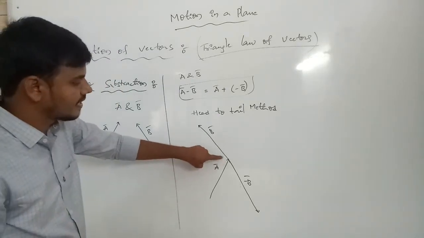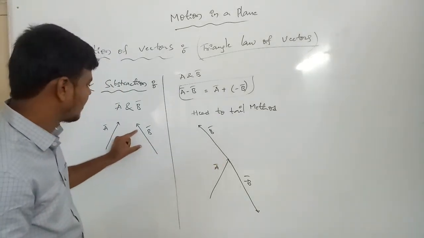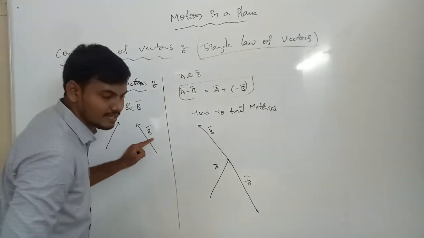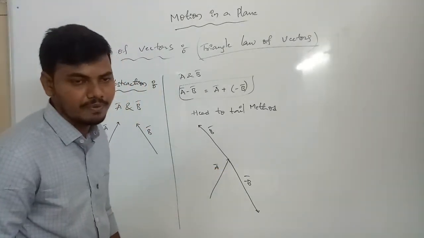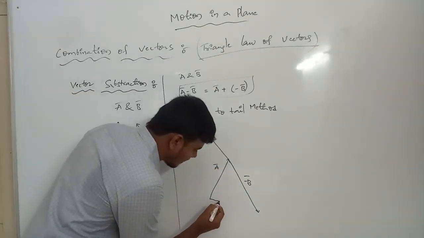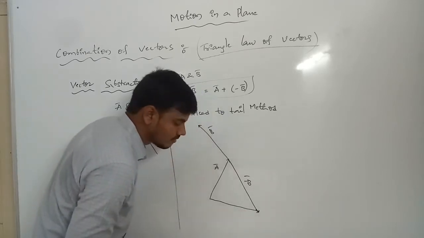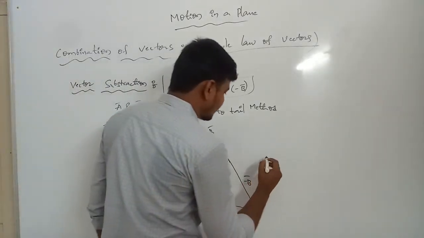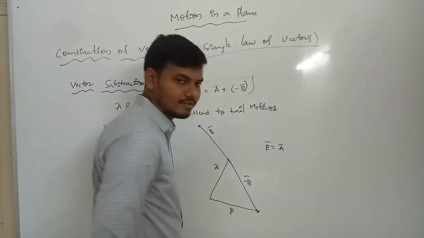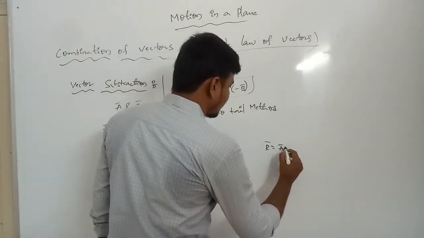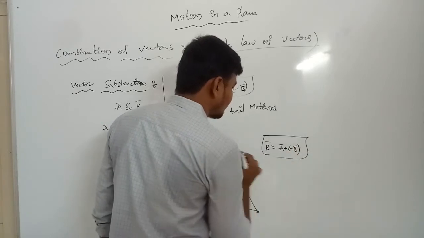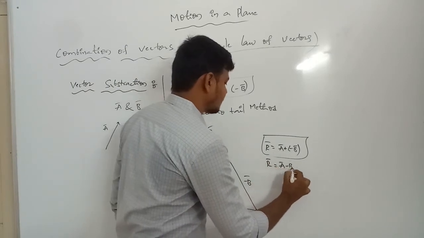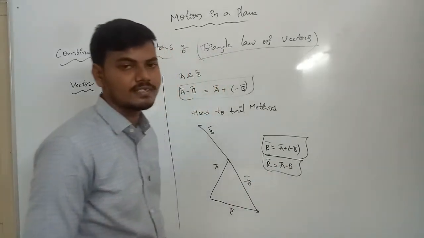Okay. The positive B we can introduce it to the starting point to the upstairs of the point. The direction of the point is always B bar. The negative sign we can introduce it to the increasing to the downwards. The downwards position we can introduce it to negative B bar. Okay. Those ones we can intersect. Okay. This is the R bar. R bar is equals to A bar plus of B. Now this one R bar is equals to A bar minus B bar. Now this is the vector subtraction.